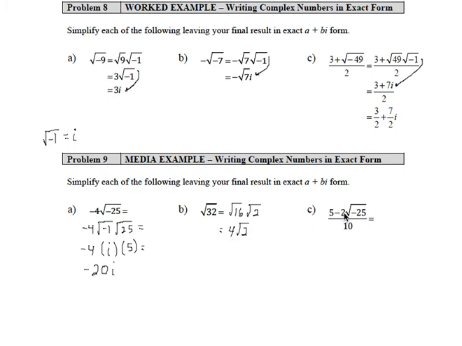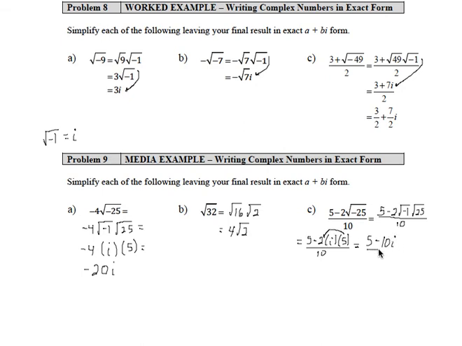This one, 5 minus 2 times the square root of -25 over 10. So let's work with the numerator, and that is 5 minus 2 times the square root of -1 times the square root of 25. All of that is over 10, and that's going to equal, I'm going to come over here, 5 minus 2i times 5 over 10, equals 5 minus, I'm going to multiply the 5 times the 2,